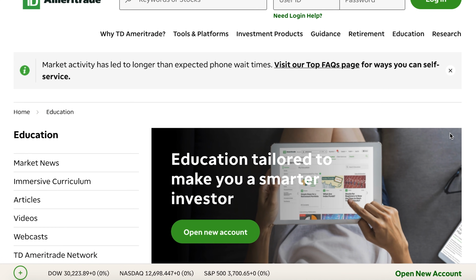And even if you're not using Thinkorswim, the regular part of their website that's just like their normal brokerage is really easy to use. It's really easy to buy or sell. There's super clear navigation, and they have a lot of tutorials for beginners to get started. One additional benefit of TD Ameritrade is that they do have a